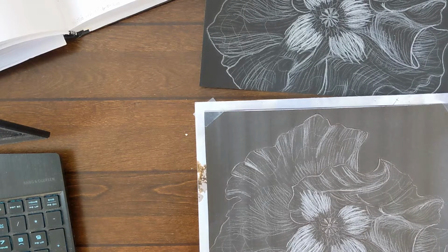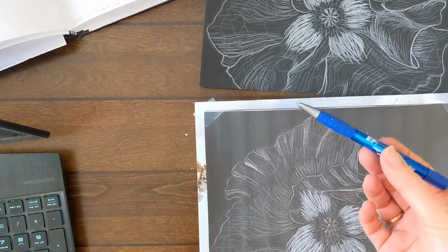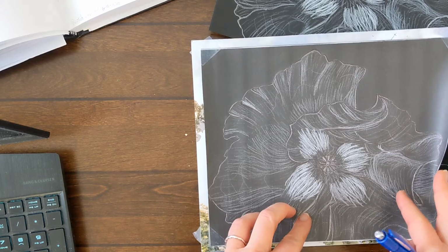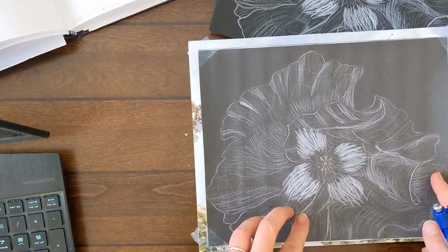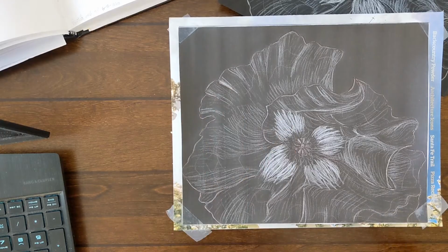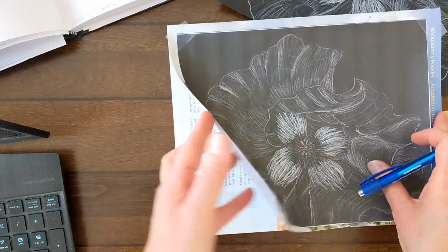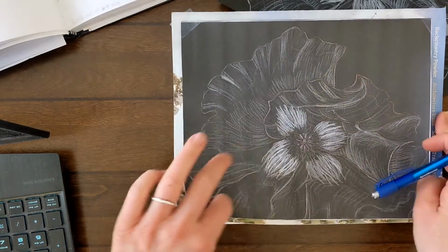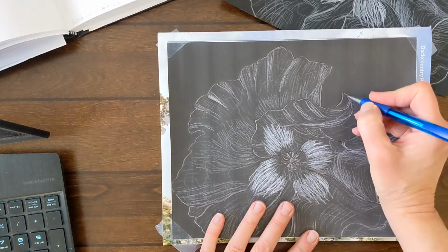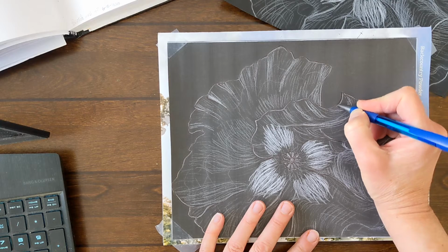I'm going to need two tools. To start out with, we're just going to use a regular old ballpoint pen. I have the scratch art material underneath a photocopy that I made of my drawing, and it's sitting on a magazine so that it will be softer underneath it. All you're going to do is simply